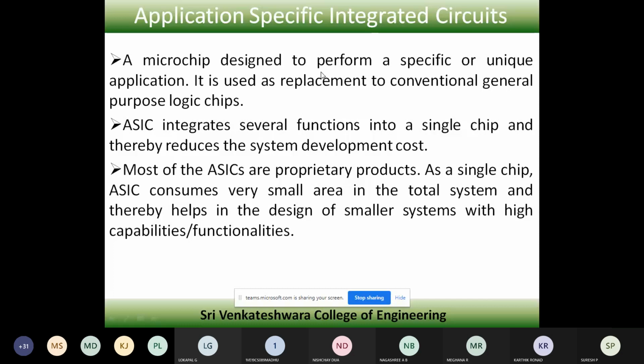So next comes the topic, application specific integrated circuit, which is normally called ASIC. So ASIC stands for